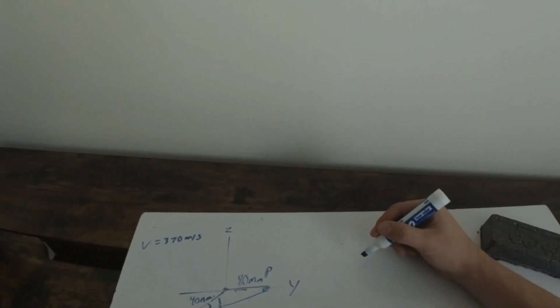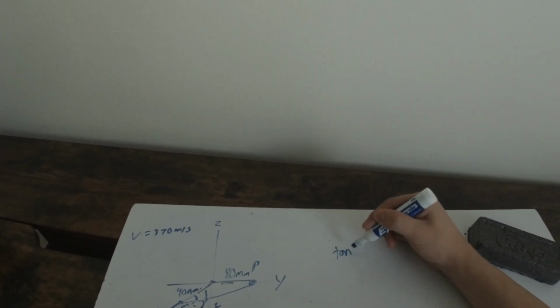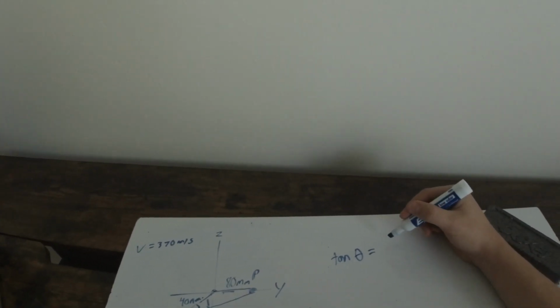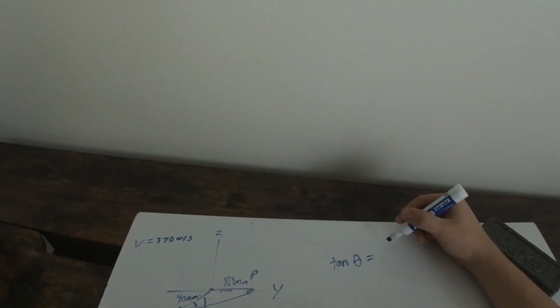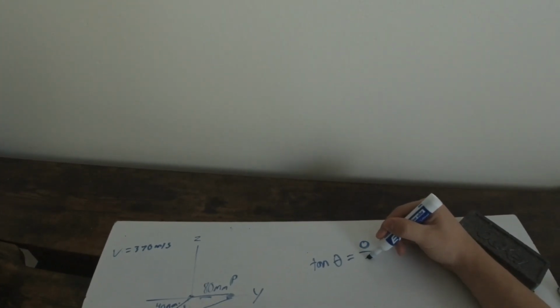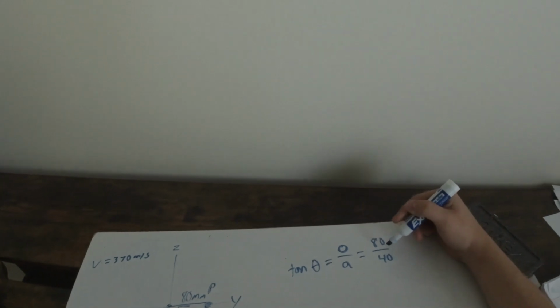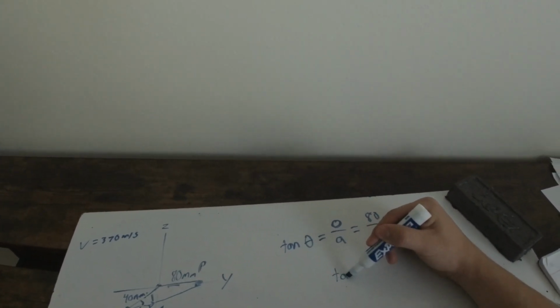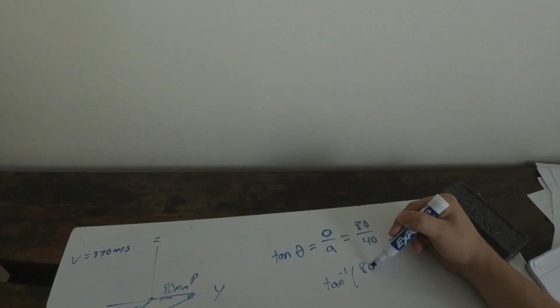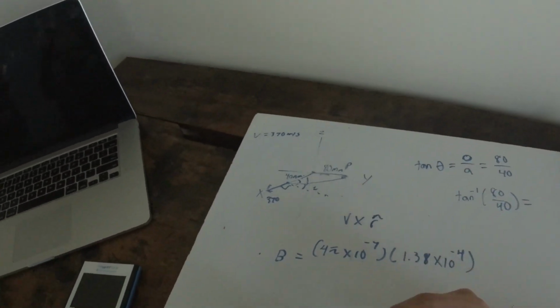In order to find angle 1, tangent theta is equal to opposite over adjacent, which in this case is 80 over 40. So to find the angle, we take the inverse tangent of 80 over 40, which is going to be equal to